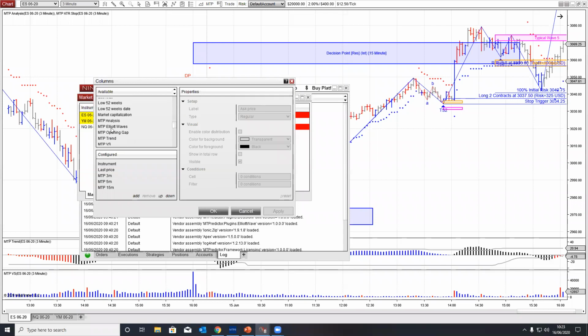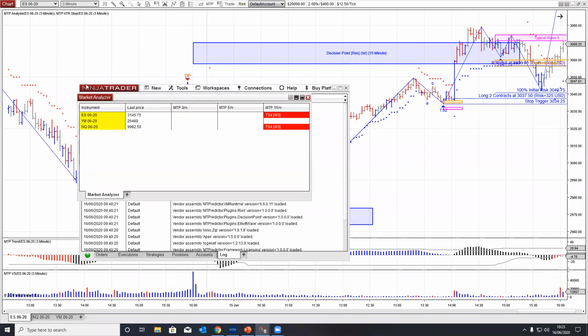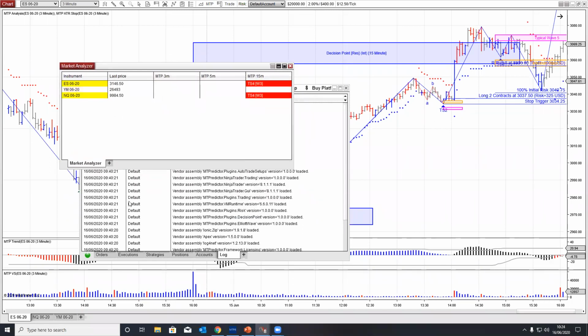So you can add in your Elliott waves if you want. You can add in your MTP trend as well if you want. So you can add in some other columns into that market analyzer and make it as you wish. So dead easy to do. But you see, the whole idea is that we're not trying to work as most people do in NinjaTrader,